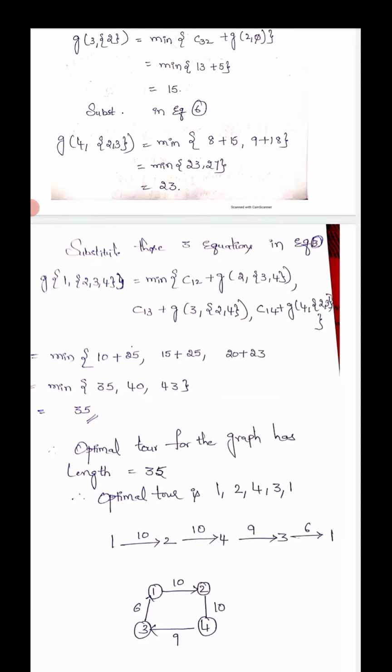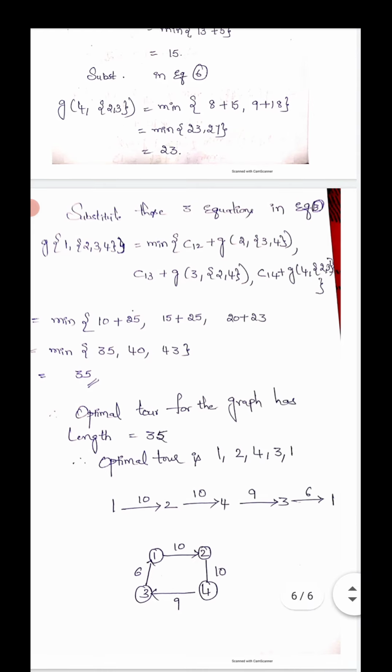Now I have given the diagram here. Look at this, 1 to 2. How much can we get? 1 to 2 is 10, the value in first row, second column. Next, 2 to 4, giving the direction. I forgot the direction there. You can give the direction 2 to 4.